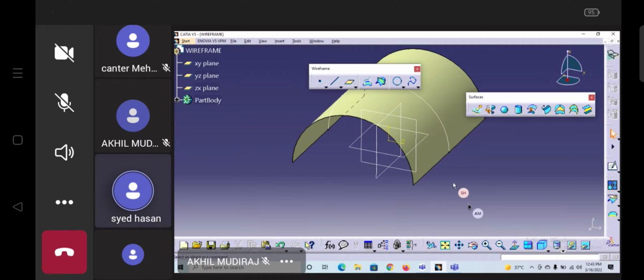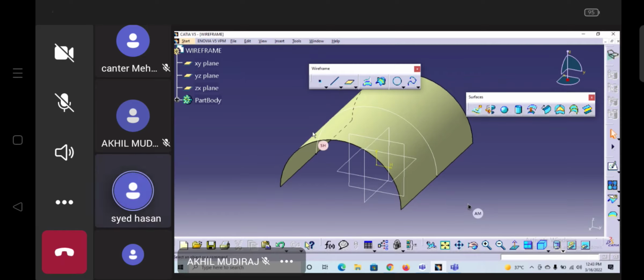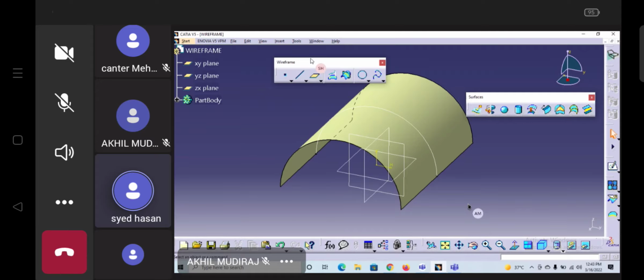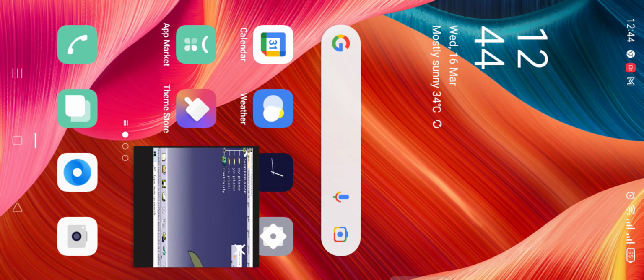Now see here, this is my object. For example, this is my object. I want to create some points on the object, some reference to that object. So how are we able to create them? First of all, I will go for the point option here. The first one is coordinate. What is coordinate here? Coordinate means,